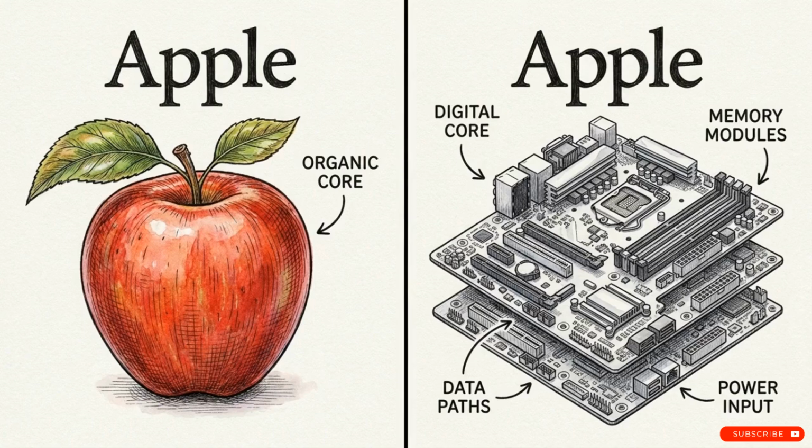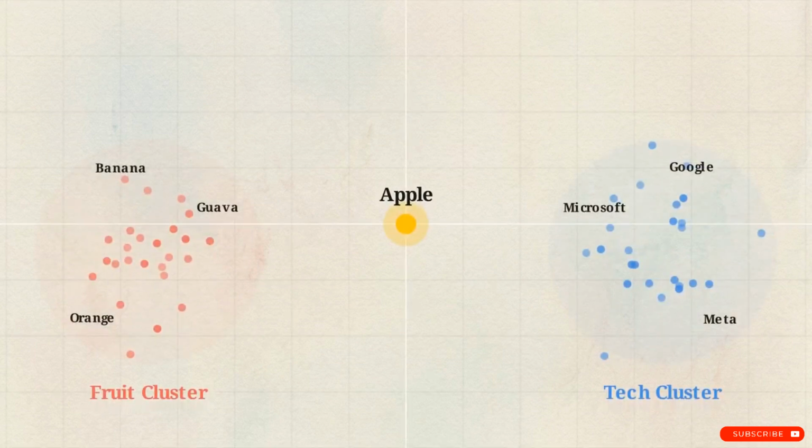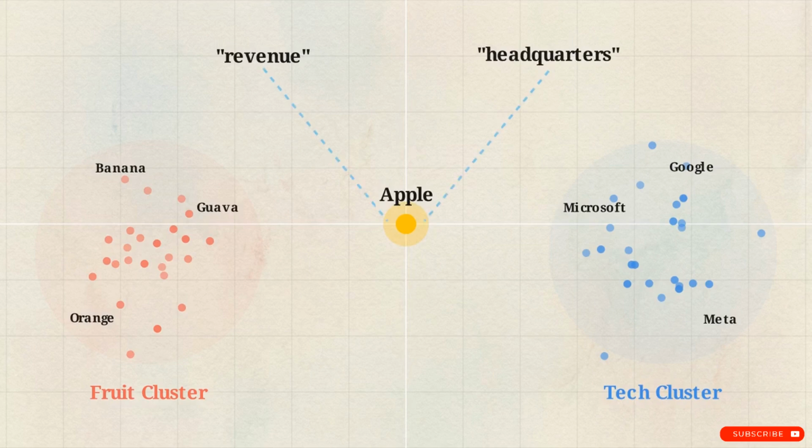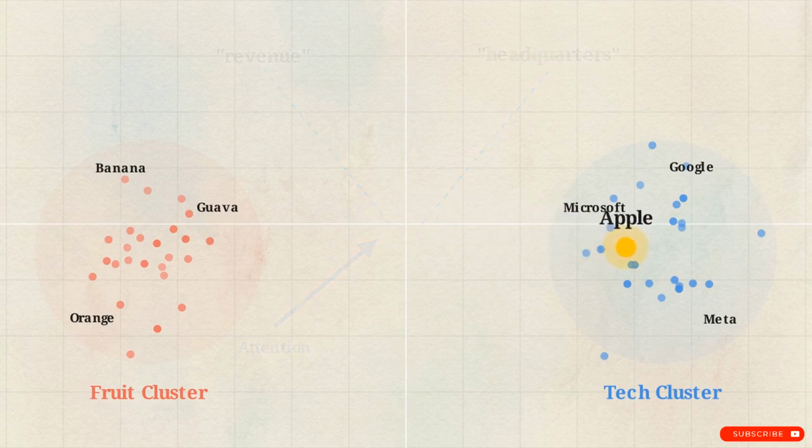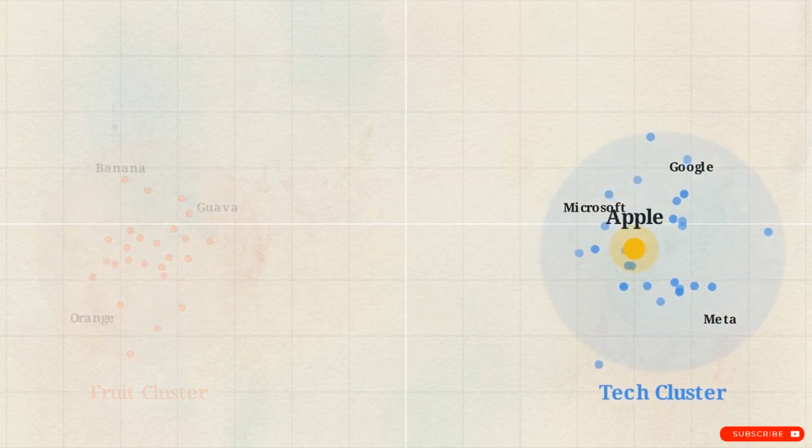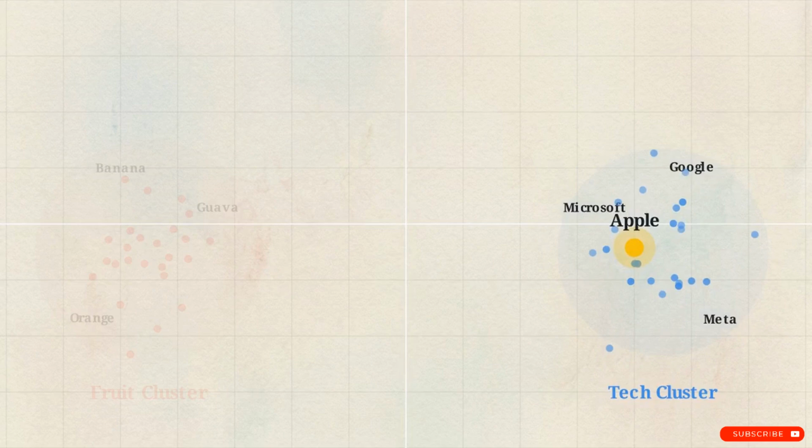This spatial logic introduces a challenge: ambiguous terms. The word apple shares the exact same spelling whether referring to a fruit or a technology corporation. The transformer architecture resolves this using an attention mechanism. By analyzing nearby context words in the input, like revenue or headquarters, the algorithm mathematically pushes the ambiguous vector away from the irrelevant cluster and anchors it to the correct semantic group.